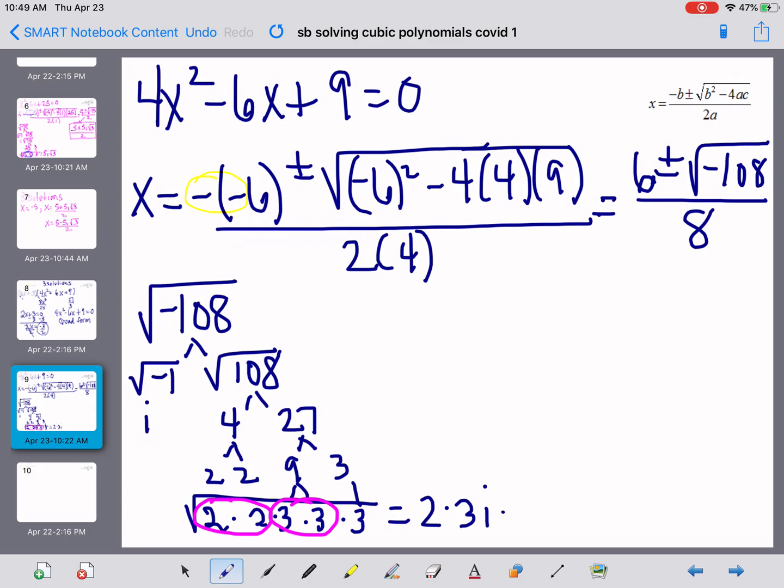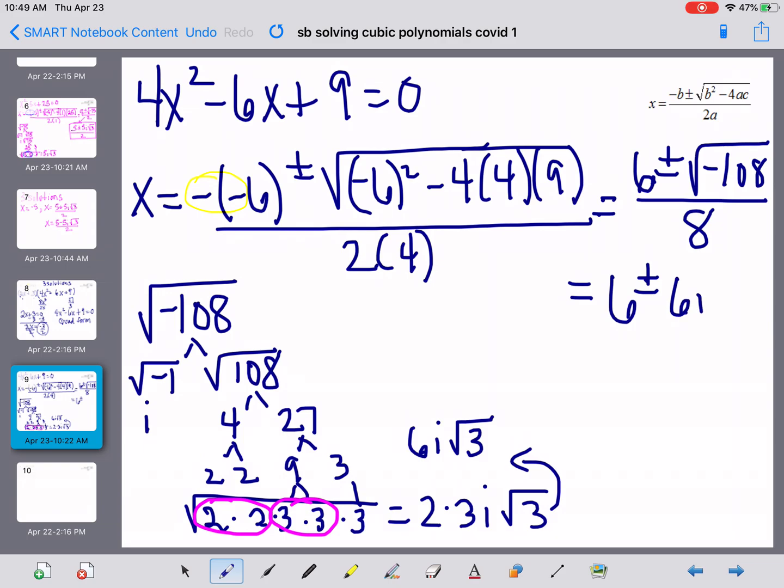Don't forget the i, square root of 3, which ultimately equals 6i, square root of 3. 2 times 3 is the 6. So over here in this particular problem, we get 6 plus or minus 6i, square root of 3, all divided